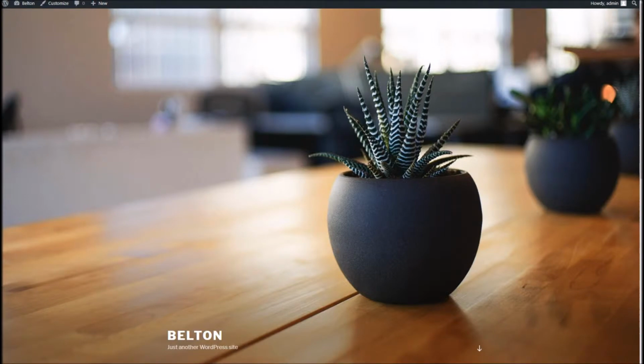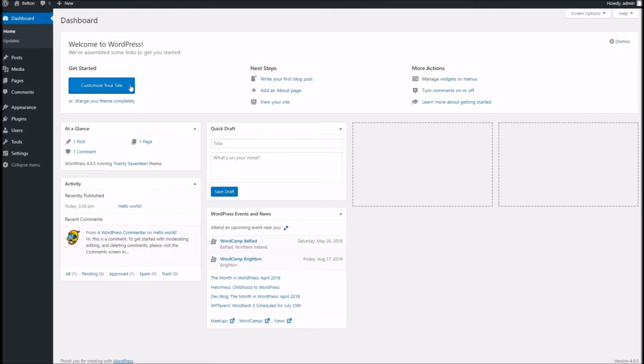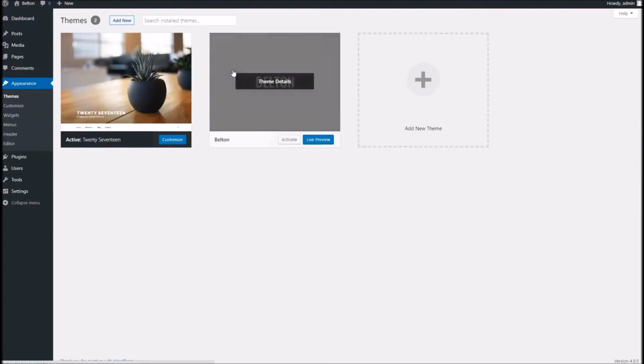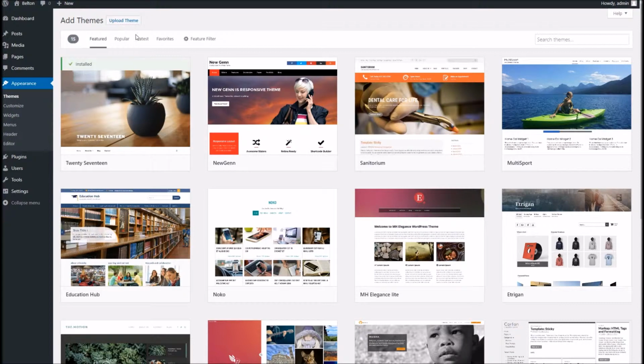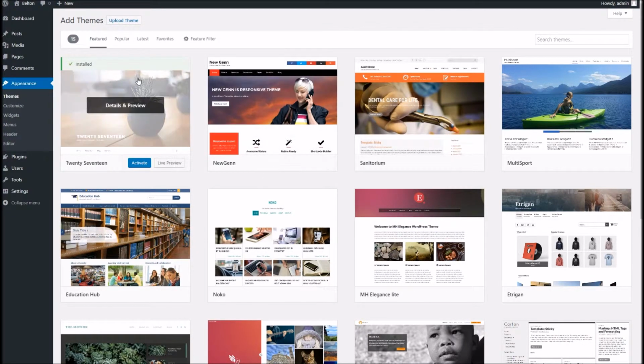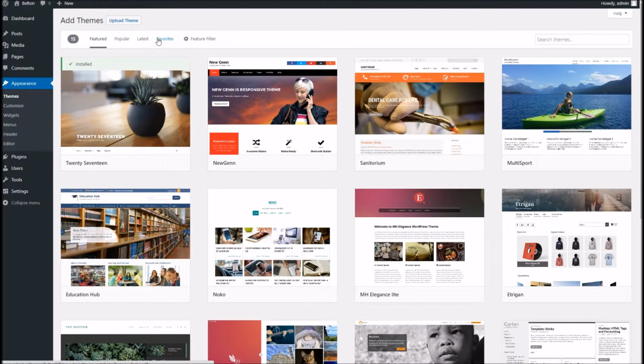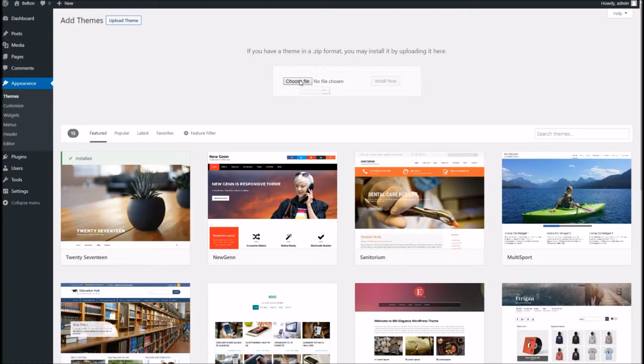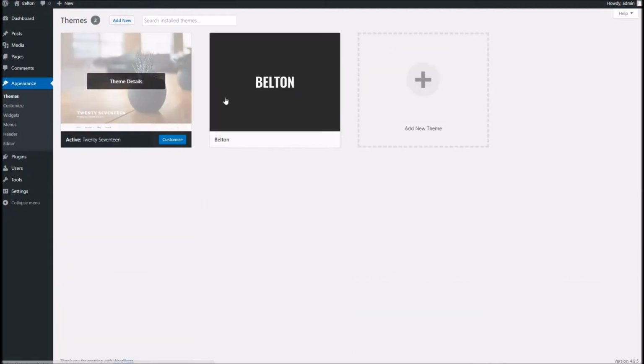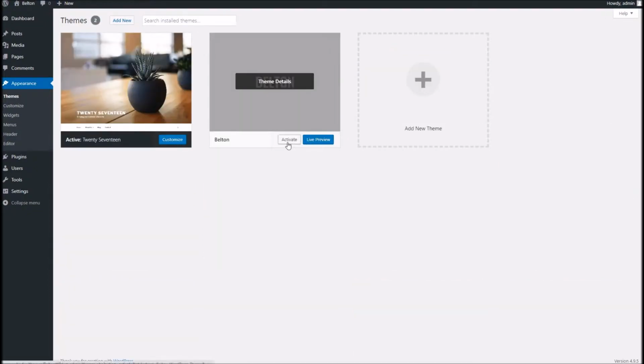Okay, so to begin with, we're going to head into our dashboard and actually install the theme. So to do that, we'll go to dashboard here. And just like installing any other theme, you've got a few choices. You can either use FTP to manually upload it, or you can head to Appearance, Themes, and Add New. Now, I've actually already installed the theme locally here, but just to clarify, if you're not familiar, what you can do is take the zip file you downloaded from ThemeForest, and hit upload theme and select that zip here. Once done, you'll see the theme available to you in your theme selection, so we can go ahead and activate